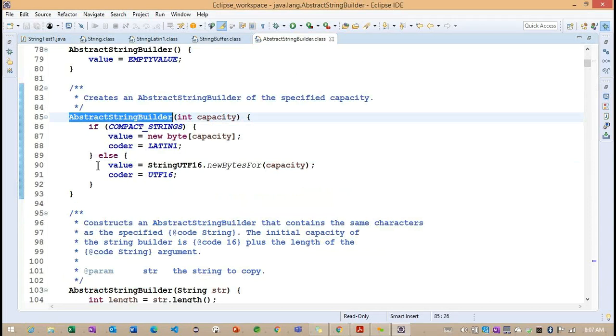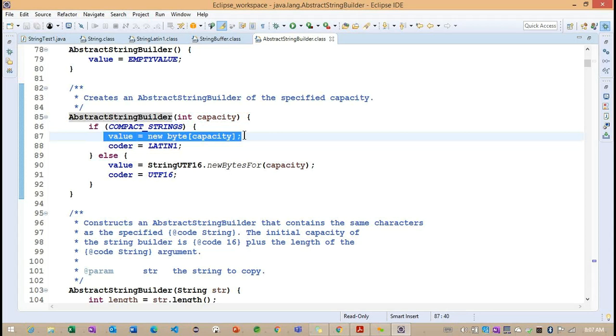Let's see where it is calling this super. Based on this capacity, what object are we creating internally? The capacity works as the size of which data type here? It is a byte data type.